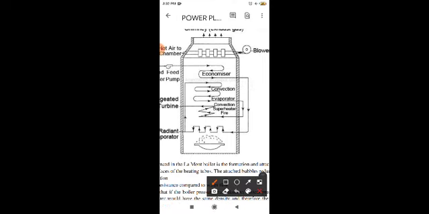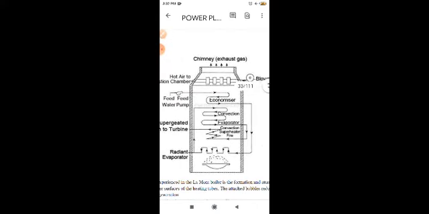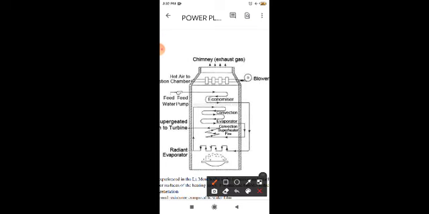In this Benson boiler, let's see all its components one by one. The feed pump is feeding the water from here. Water feed supply is given over here. You can see water is entering over here, though the furnace is over here where the fuel is burning.